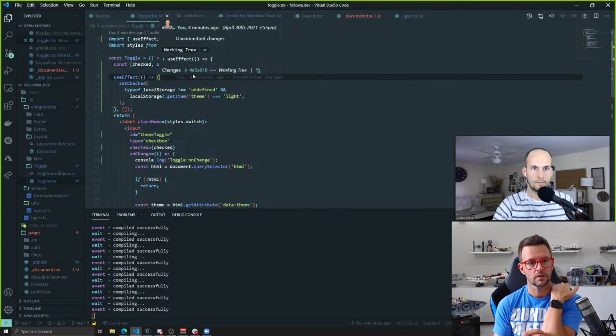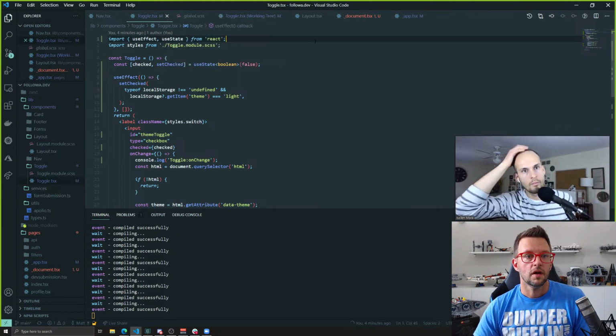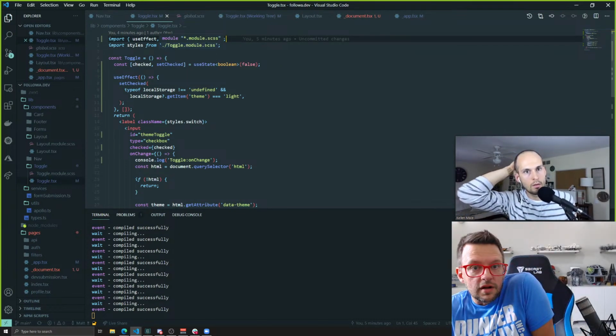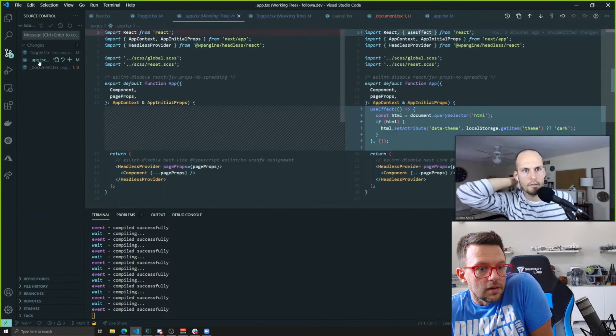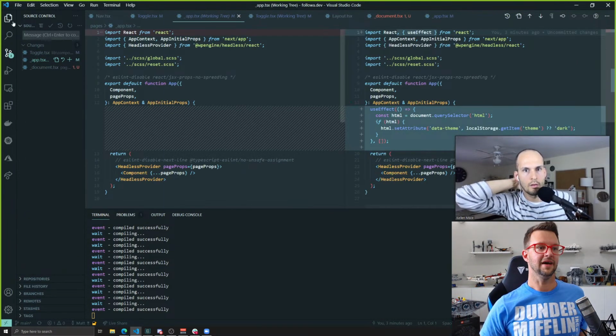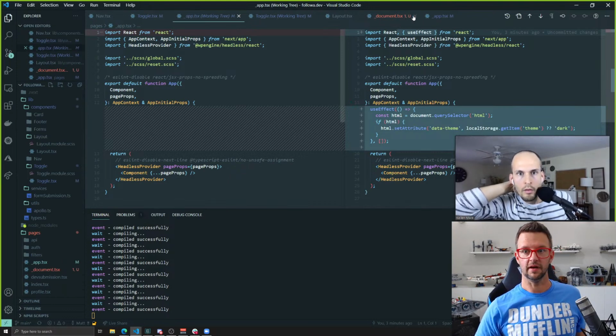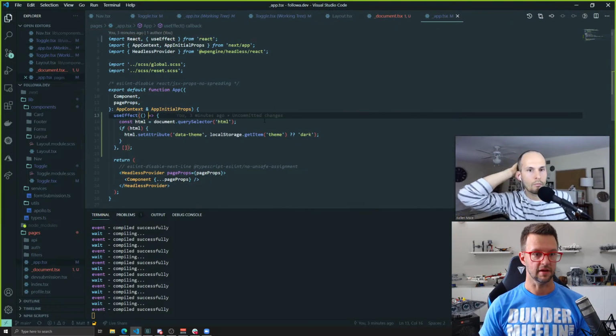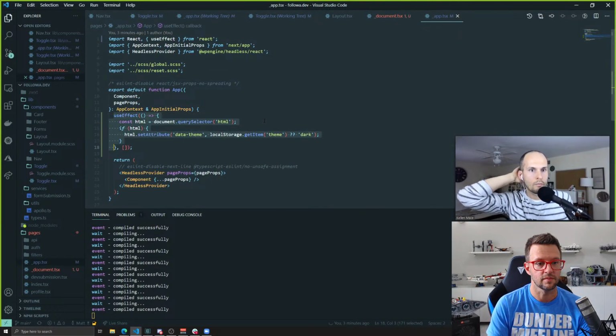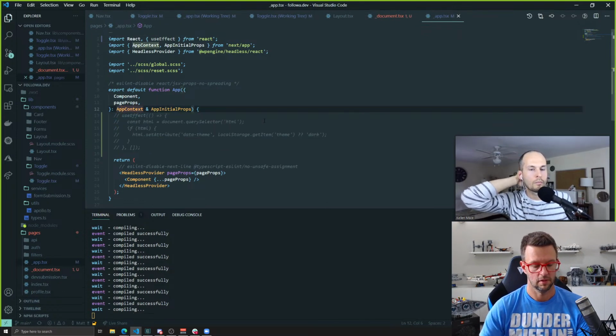Where did I do that? Oh, just save and show the toggle stuff? There. Yeah, I changed the app, so I need to take this out for now because this is potentially causing